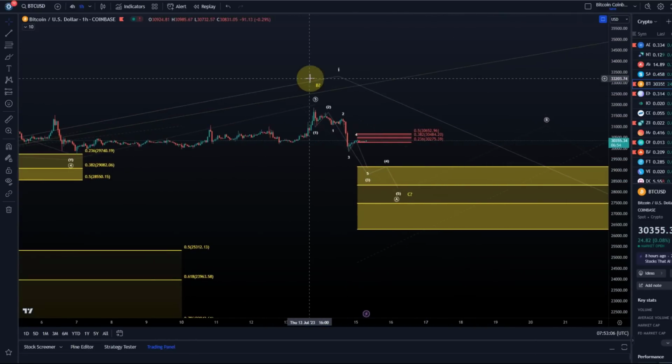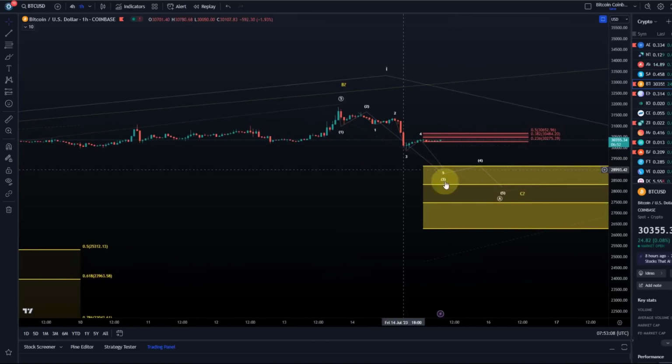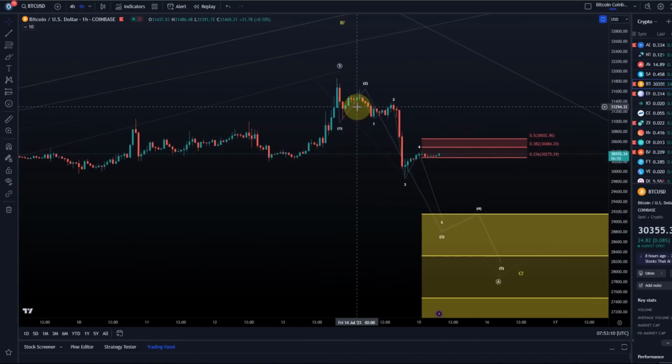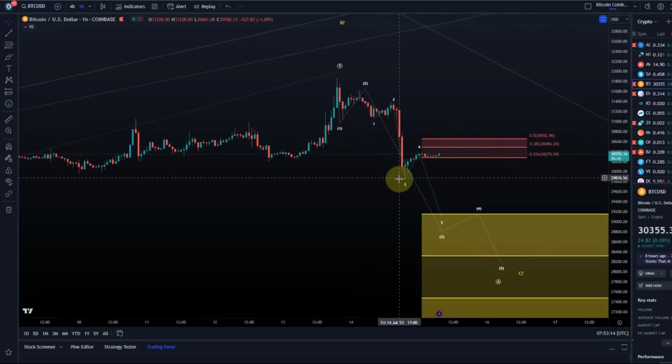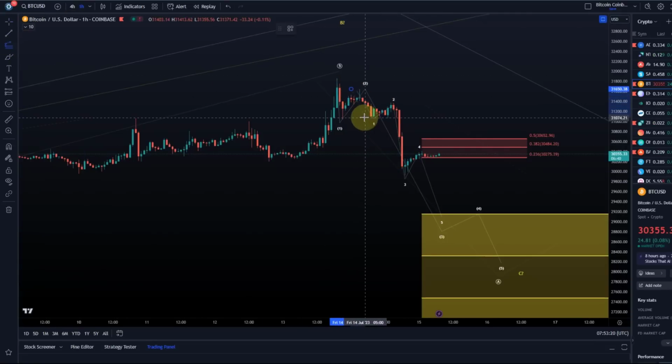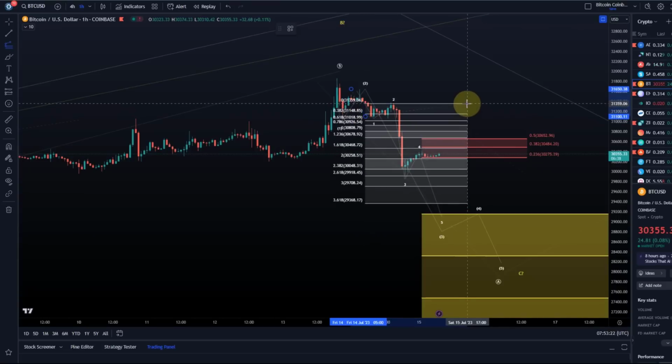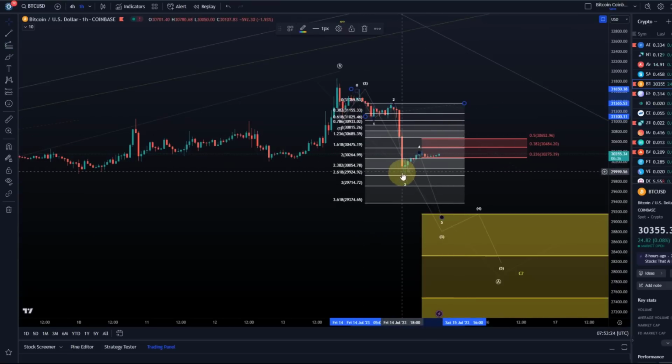So since the wave 1 top, we have started to come down in what I have counted as a 1-2-1-2 setup. Now a third wave down. That reached the minimum expectations. So actually it fulfilled more than that. It actually reached an extension target for the third wave. Basically we arrived at the 2.618 extension. That's a common target for a third wave. So I'm in favor of the idea that this is an impulse to the downside now, which should unfold further.